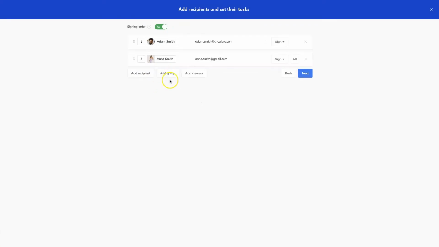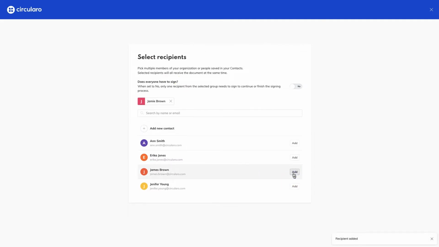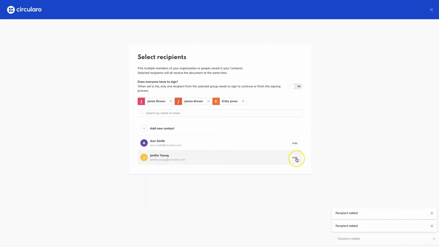Here I can select multiple recipients to basically form a group of sorts, and everyone who is added as a member of the group that I just created will receive the document at the same time, regardless of whether the signing order is on or off. I can also choose whether I need all of the members of the group to sign the document, or whether it's enough if just one of these people signs it, and then the signing process will move on to the